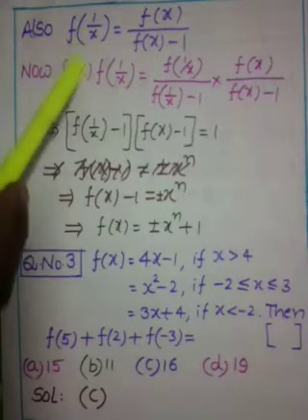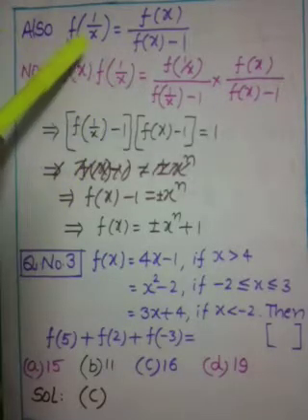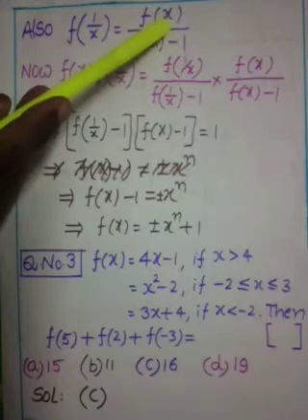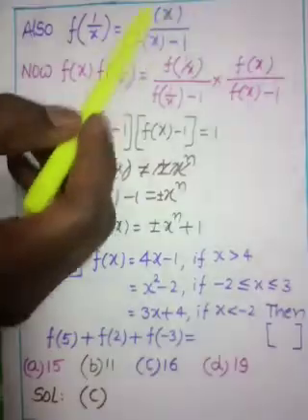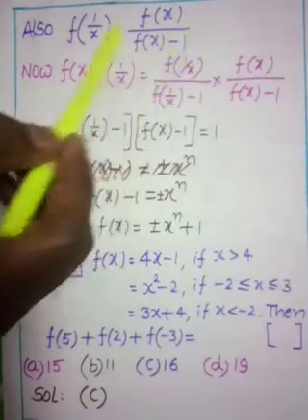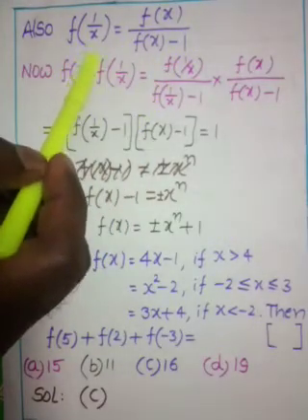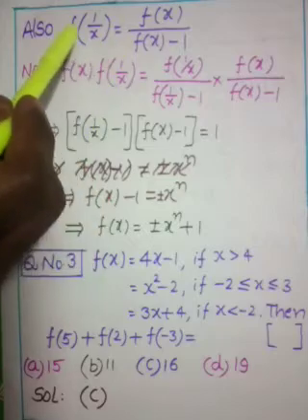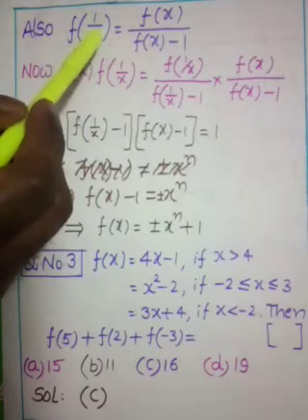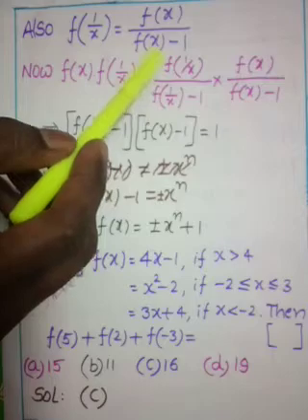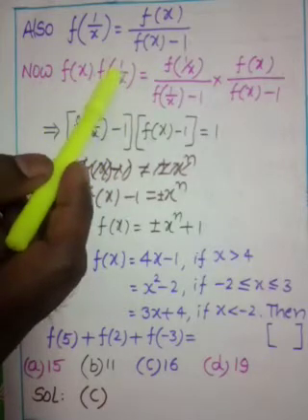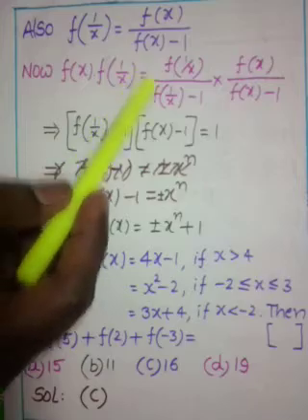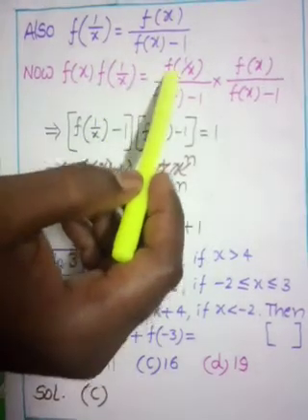Similarly, we find f of 1 by x in terms of f of x. We get here f of 1 by x is equal to f of x by f of x minus 1. We found f of x in terms of f of 1 by x. Similarly, we found f of 1 by x in terms of f of x. Now, f of x into f of 1 by x is equal to